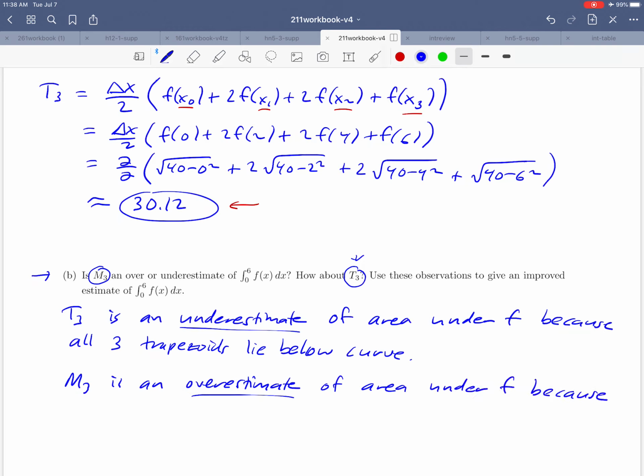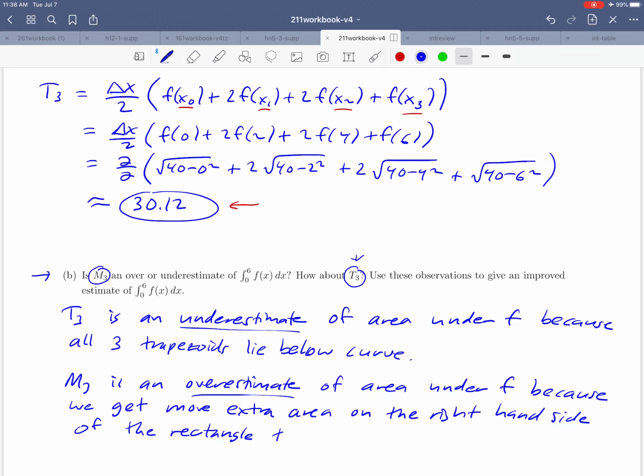Okay, and I'll say it this way because we get more extra area on the right-hand side than we miss on the left-hand side, something like that. Okay, you might be able to find a slightly better way to word that than I did. Okay, and then the final question is,